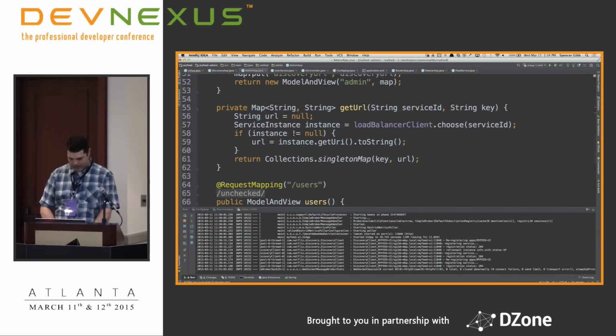Let's see. And here I am using the load balancer client and asking it to give me an instance of this particular service. So that's one way to directly use the Ribbon load balancer. Probably not the way you want to use it all the time by interacting directly with the load balancer. I'll show you in a little bit some ways that abstract that away from you, and your HTTP client handles that interaction with the load balancer for you.